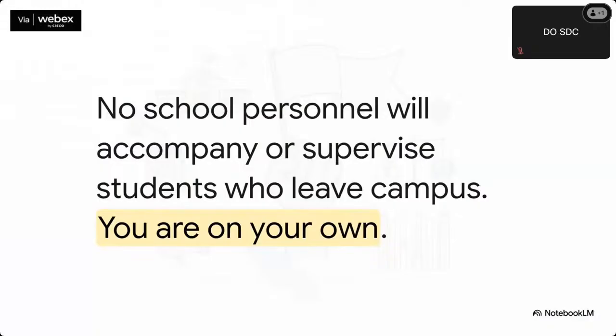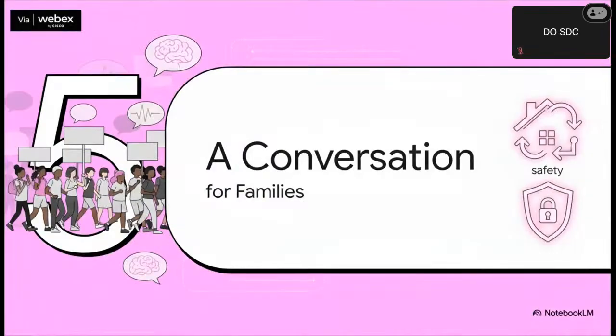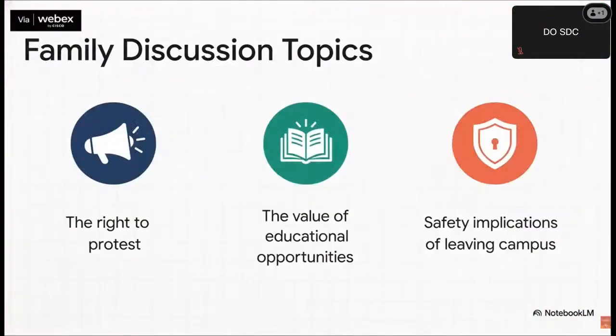And this is the bottom line. It's as simple as this. Once a student walks off school grounds for an event like this, the district's legal and practical ability to keep them safe is gone. The school is responsible for students on its campus, but that responsibility ends at the property line. So with all of this in mind, the right to express yourself, the rules on attendance, and these major safety concerns, the district is really encouraging families to just have an open conversation about these issues at home. These are pretty much the 3 pillars of that conversation. Families are encouraged to talk about how important it is to make your voice heard, while also weighing that against the value of being in class, and, maybe most critically, the real safety risks of being off campus without any supervision.